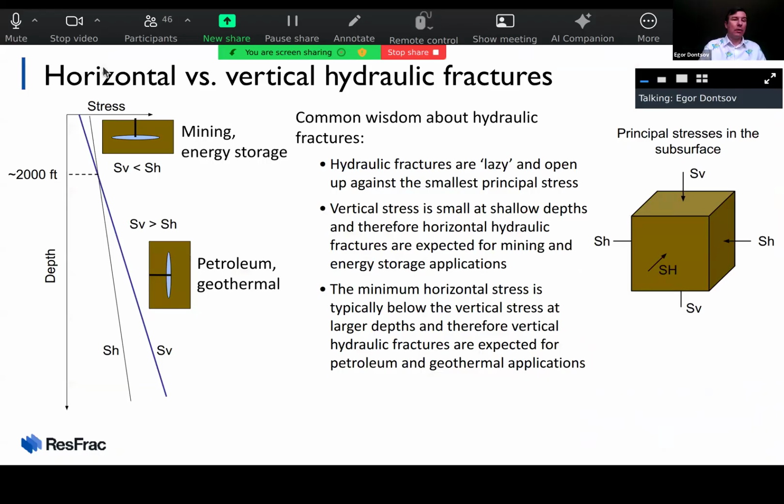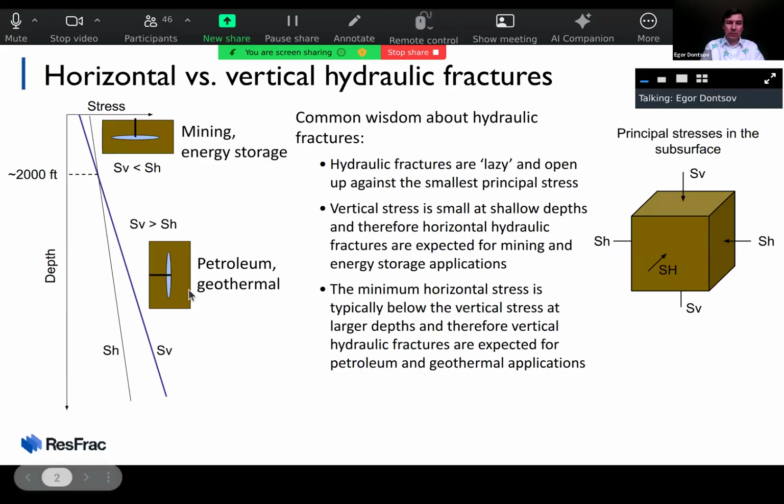Here on the left, I plot stress versus depth qualitatively. We have the minimum horizontal stress and the vertical stress. Typically at large depths, more than about 2,000 feet, or 600 meters if you like SI units, multiply by 0.3, give or take, the vertical stress exceeds the minimum horizontal stress by some margin. And because hydraulic fractures are lazy,